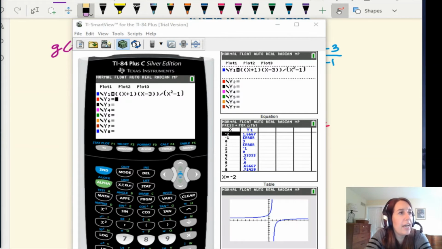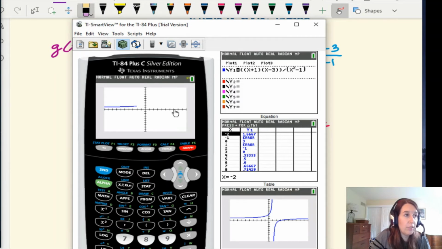Okay, so looking at the graph, notice that when I typed in the equation, I did remind you, you need an extra parentheses around the top to say that both those parts are in the numerator. And then you still need a parenthesis around the denominator to say x squared minus 1 is the denominator. So put it in that way. And then you can see in the graph